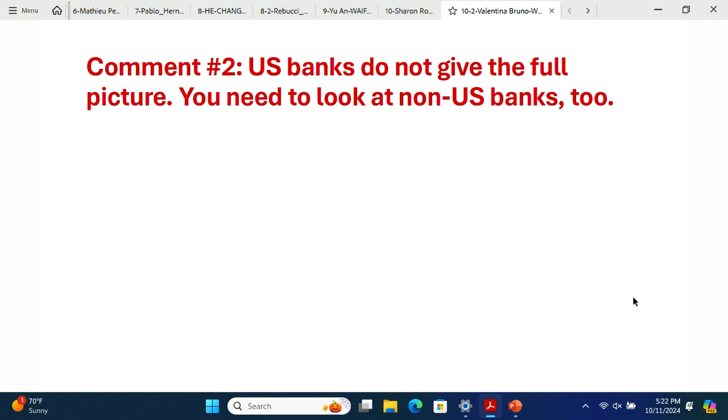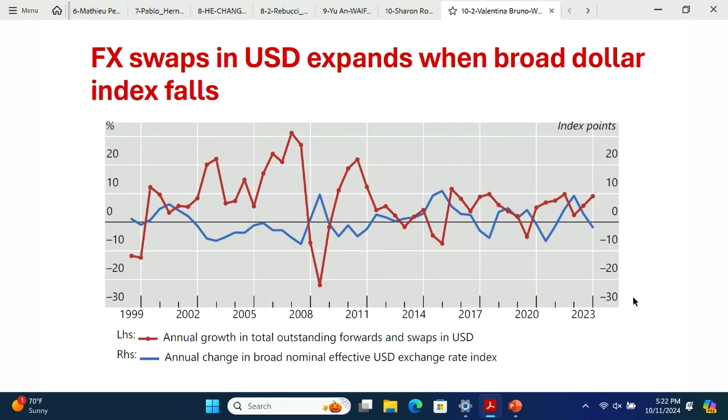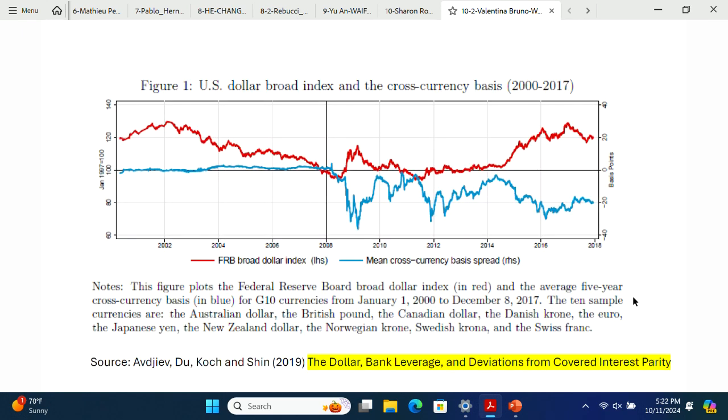We have to look at the big picture, because the US banks do not give us the full picture. And I'm going to show you a similar chart to the one I showed you before. But this time we have in red forwards and swaps in dollars, and in blue my idol, the broad dollar index, the variable that I love the most. But again, the two are moving together. And this is the broad dollar carry trade. When the dollar is weak, I have tons of FX swaps going around. Now,